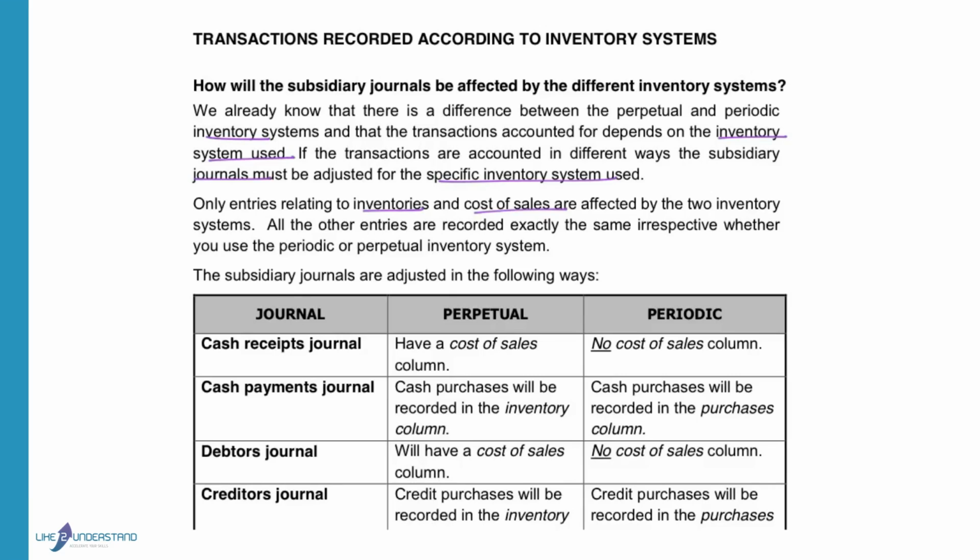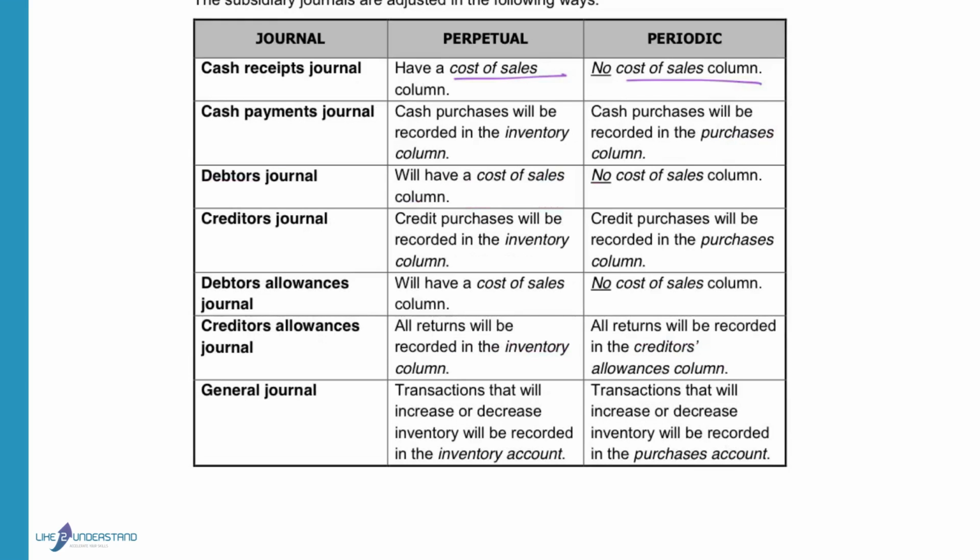In the journal, if it's the cash receipts journal, there will be a cost of sales column. In the periodic inventory system, you don't have a cost of sales column because cost of sales is not recorded during the financial year. In the cash payments journal, cash purchases will be recorded in the inventory column because in